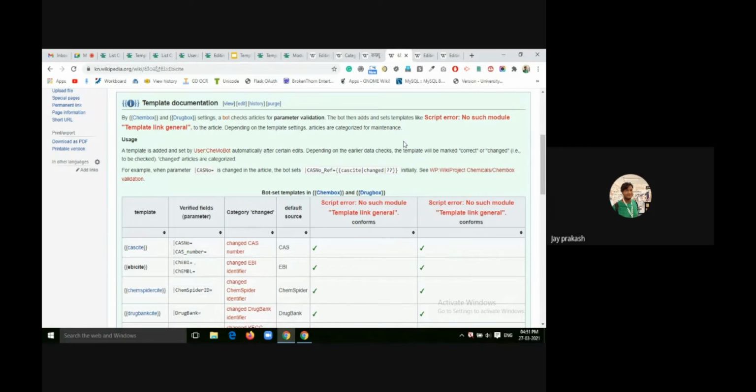For more advanced debugging and creating templates, you should have knowledge of the Lua programming language, because all the scripts, the modules, are written in Lua. For that, you have to learn Lua programming. Then you can go ahead with advanced debugging of a template. But for the most basic, these two will be enough.